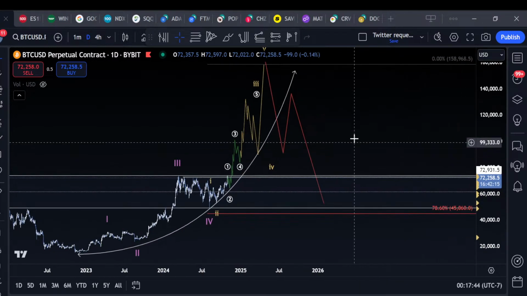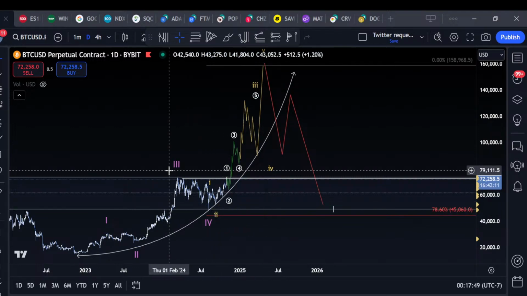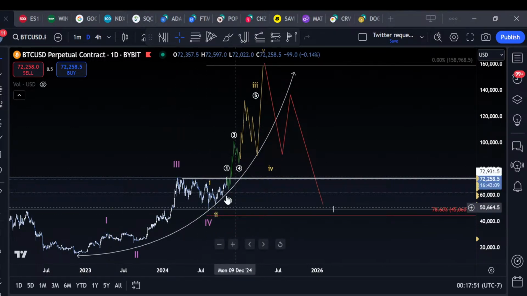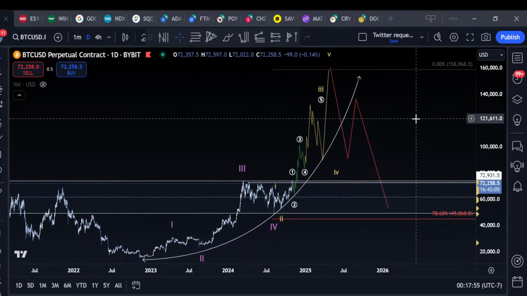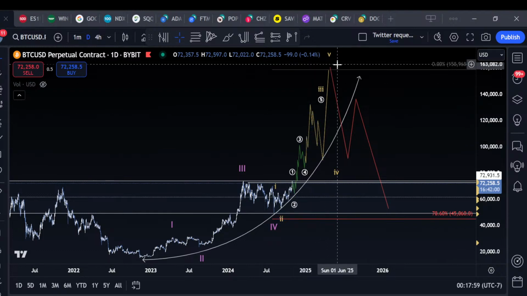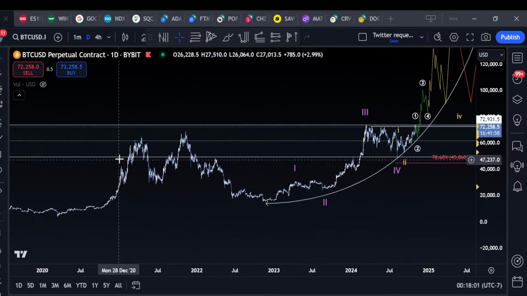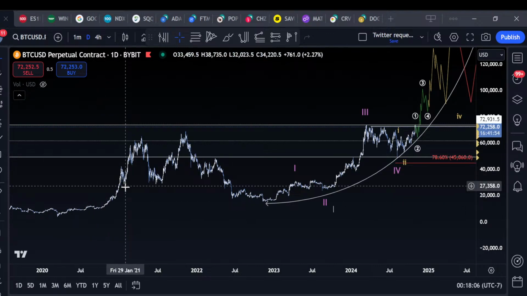Man, that looks pretty clean to me. If we come in around here, the 0.786 aligns right under this low. We come back and retrace through this wave 3 and 4. After wave 5, big ABC. It's the kind of thing you'd expect to see after just a massive parabolic move. Something like this on a higher degree time frame, right? We have this big parabolic move, chop, chop, chop.